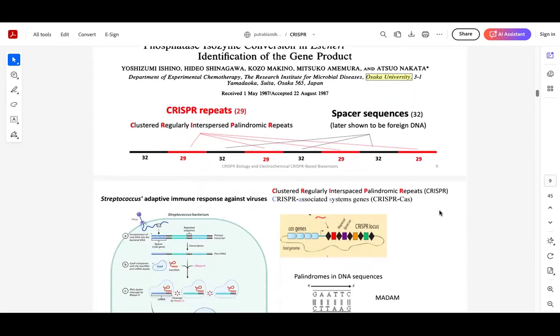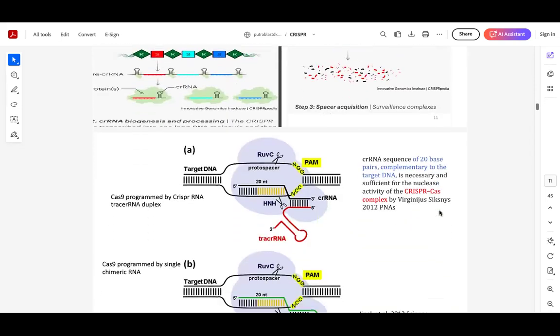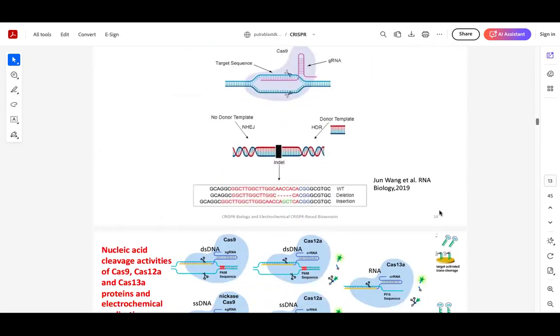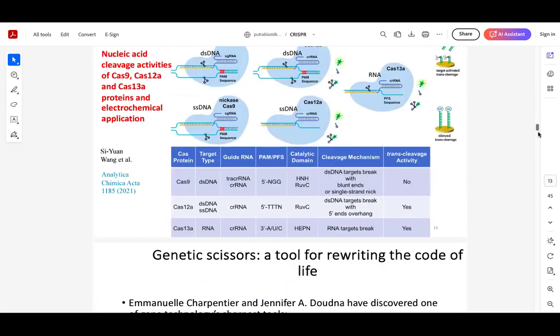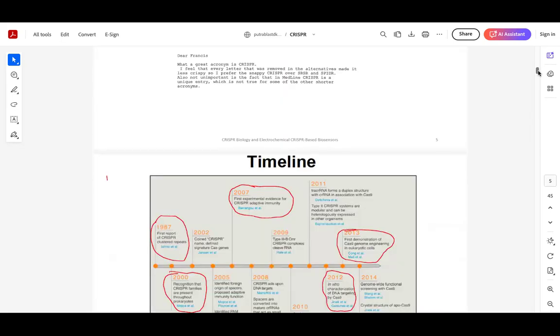So CRISPR repeats. Okay, let's move on to the which one? Okay, so let's stop until